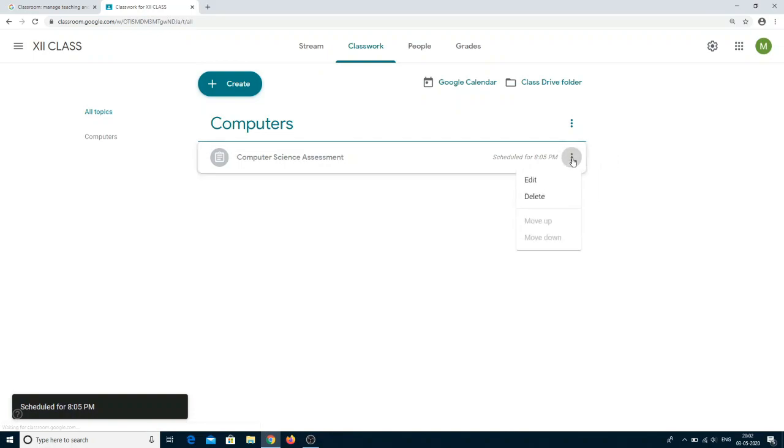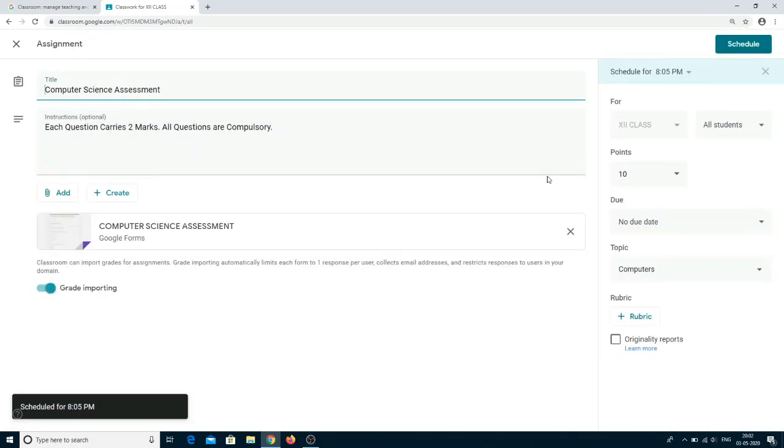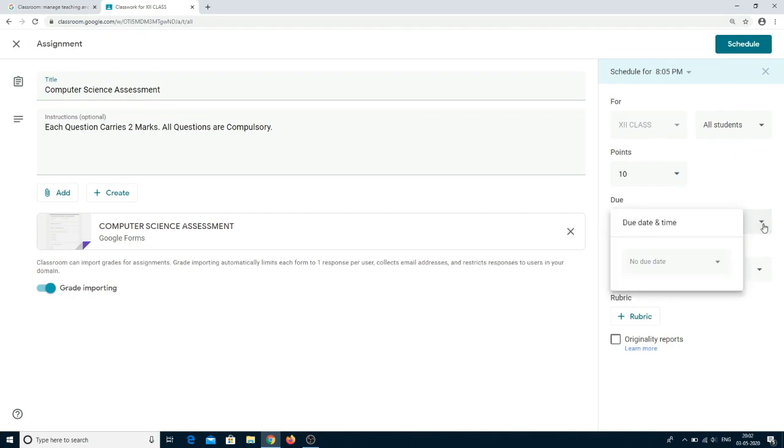Now, once it is scheduled, see here, again I'm going to edit. If you want, you can specify the due date also. So you can specify what the due date is. What I'm doing is, on the same date, I'm giving the time as 8:20 p.m. On the same day I'm giving the time as the due date for this particular assessment. So this is nothing but a scheduled assessment. If you want, you can specify the scheduled time and everything. If you don't want a scheduled assessment, then directly click on assign before starting the exam.